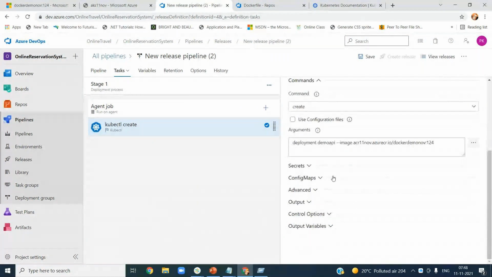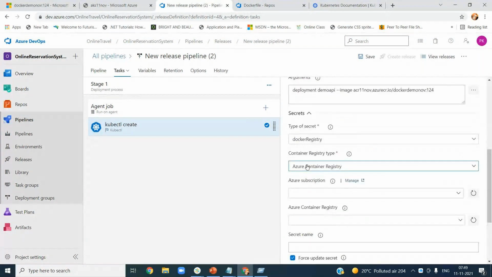And then I have to come to the secret section. Under the secret section, what is this secret? This is basically to integrate. Basically, we are giving this image name, right? So where is this image? In our